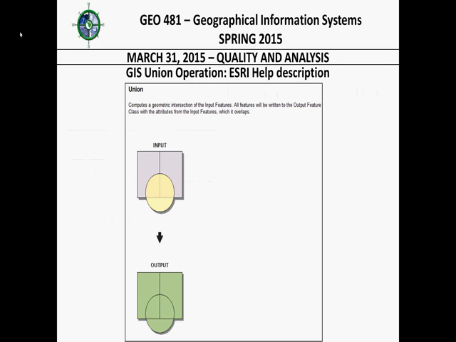Here is, this might be a little simpler. I copied this from ESRI's help. Here's an example from their help on union of taking this purple layer and this yellow layer and unioning them. They're split up, and again, the output contains all of the original shapes. And the reason I keep mentioning that is